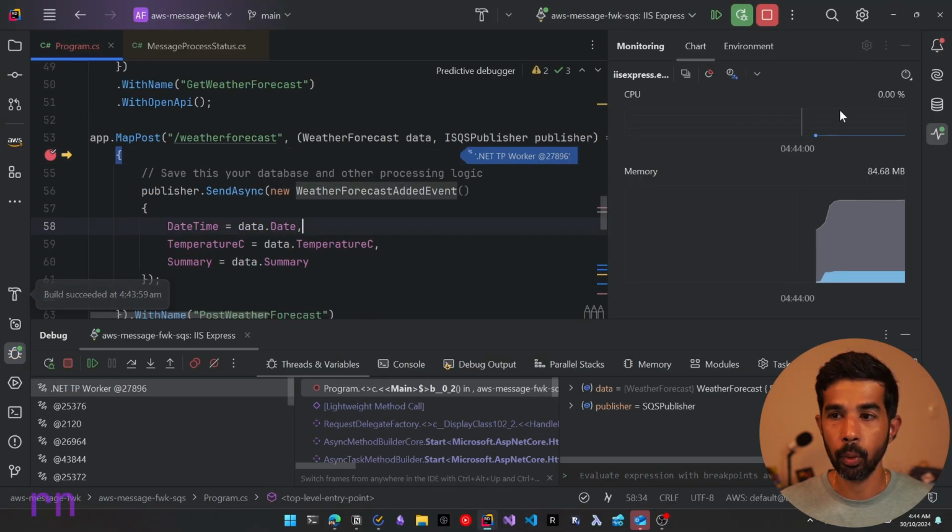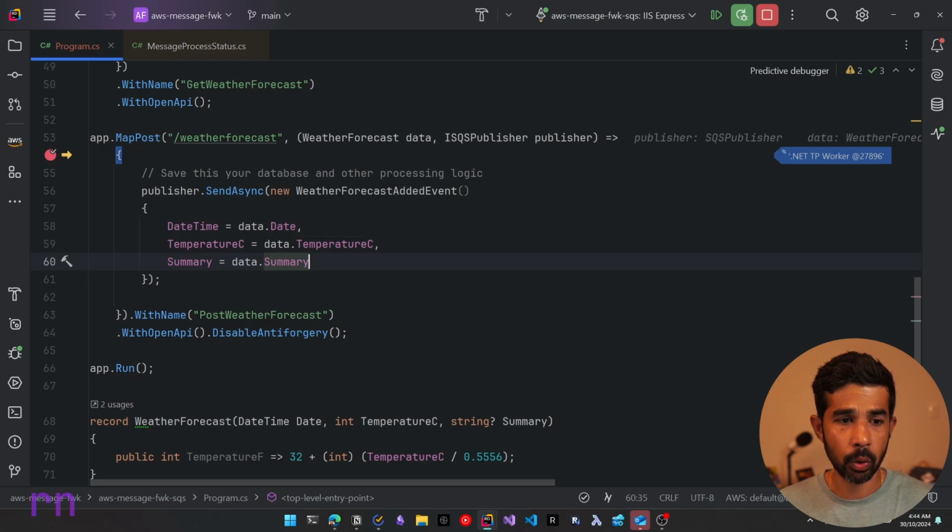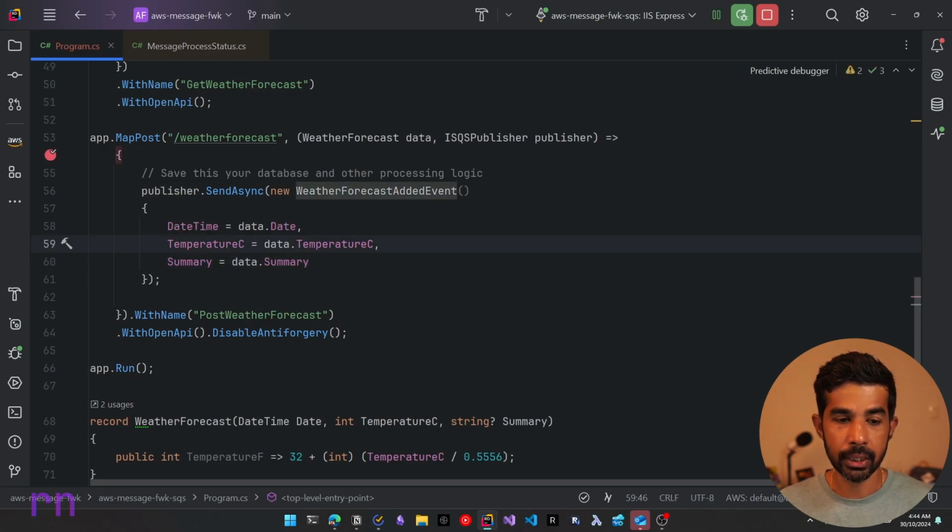Now this is going to hit the breakpoint. It's going to send the message first. So we have the publisher.send. So we have the SQS publisher injected in. So we have successfully sent the message, which is going to the Amazon SQS, which we have set up inside